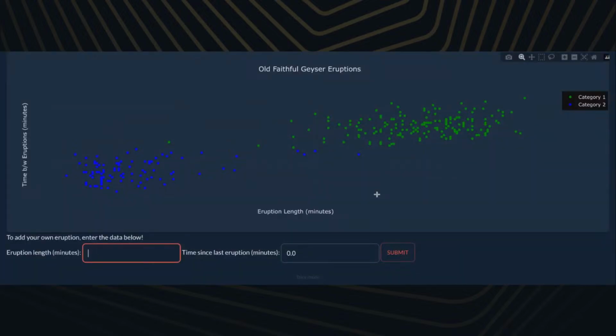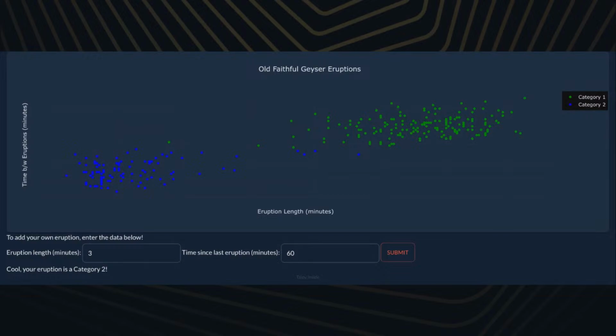Let's say the eruption I witnessed was 3 minutes long, and it had been 60 minutes since the last one. So I type submit, and it tells me your eruption was a category 2. And that makes sense because this is right about where my eruption would be. So it would be a category 2.